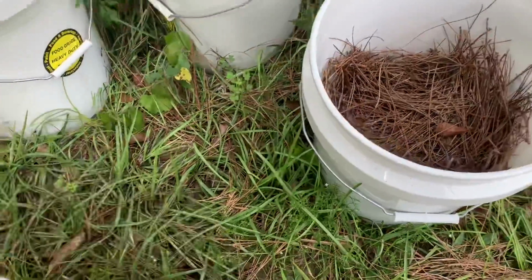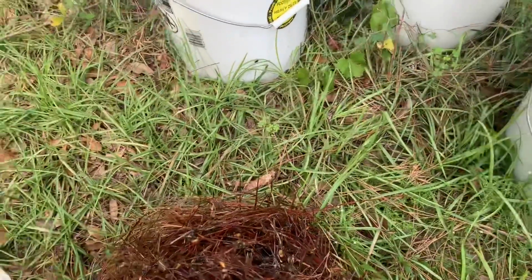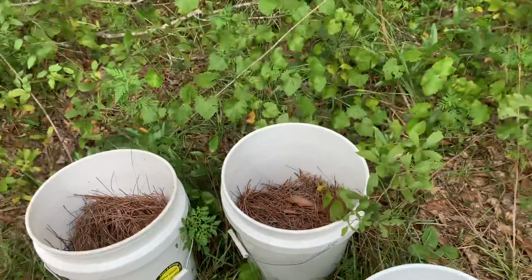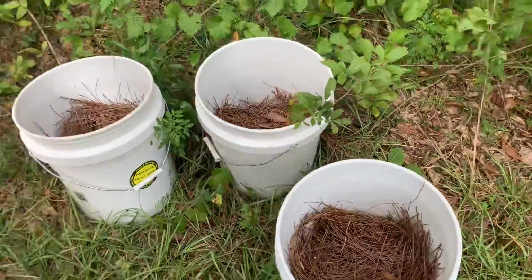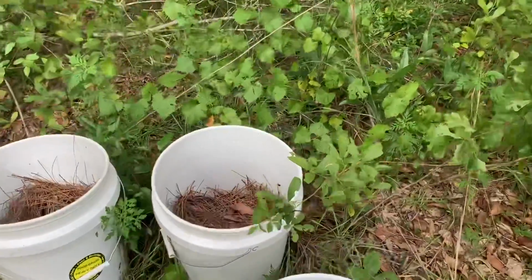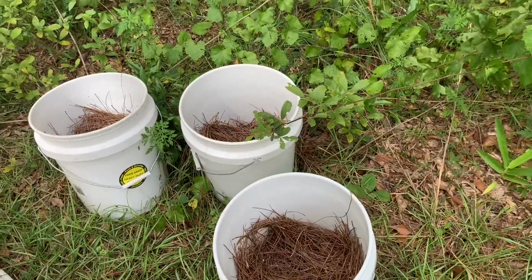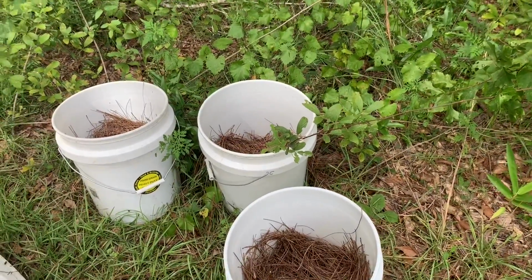Yeah, it's kind of fermenting a little bit, so we're gonna dump that out. They pretty much emptied it. But what I'm guessing happened is they probably emptied it out and then it must have rained and put some more water in there. So anyway, you can see how you put the pine straw in there, the bees can suck the sugar water